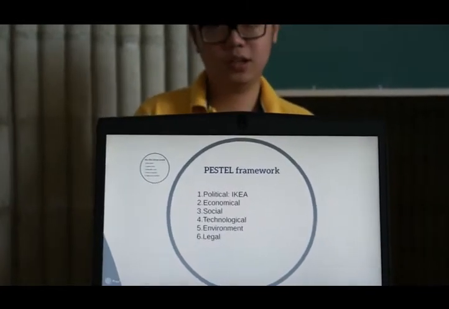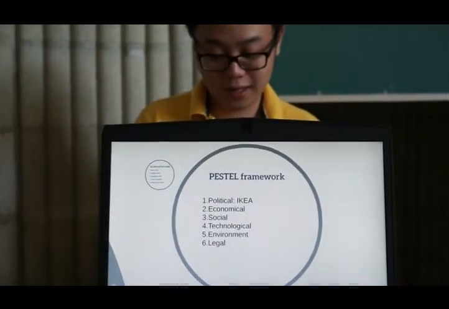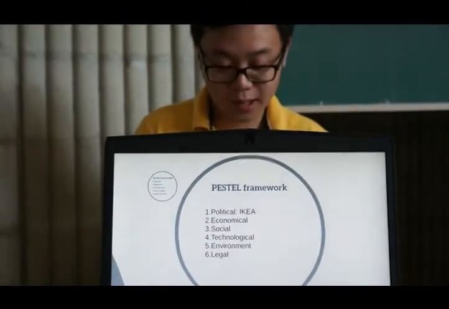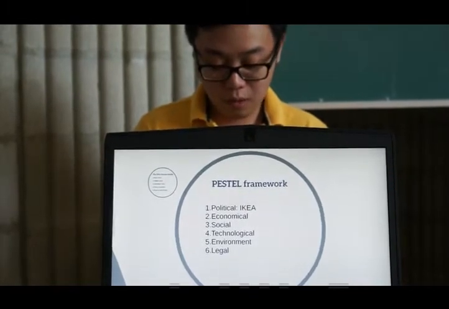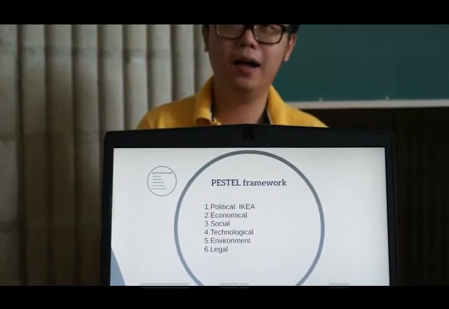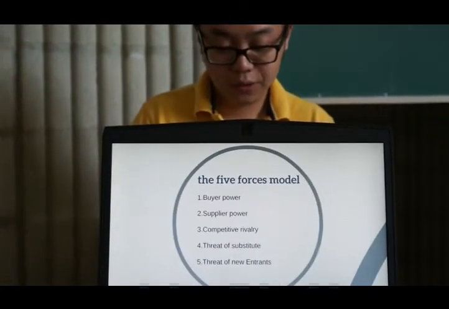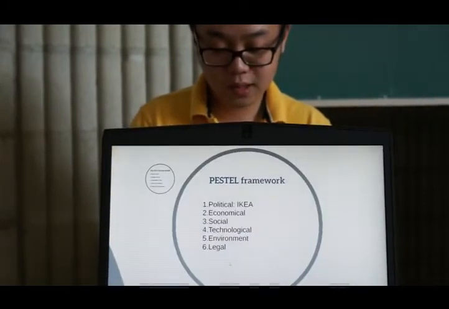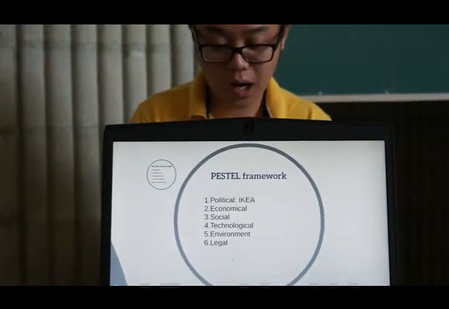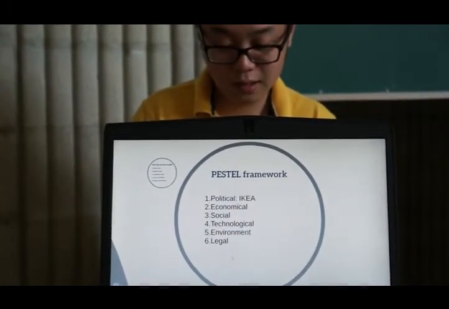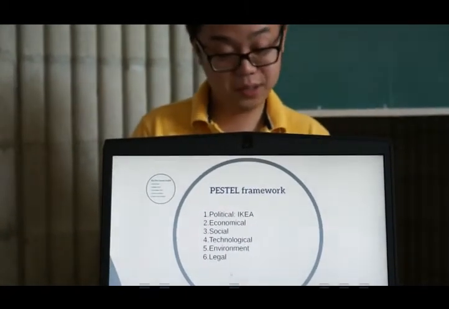For technology, IKEA's adoption of current technology, like the IKEA catalog app, has helped IKEA to attract more customers. For the environment, most of the products made by IKEA are eco-friendly. Now, I think the legal factor for IKEA will be government policy for controlling and reducing buyer power, which can limit it, such as on access to raw materials.